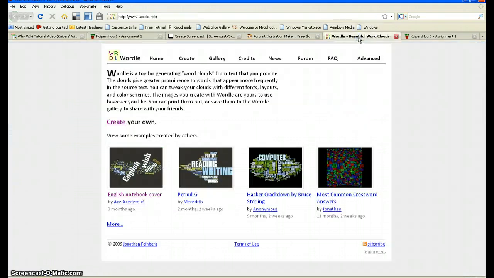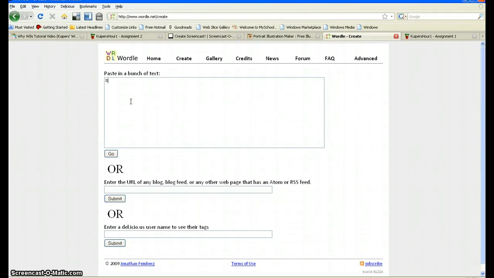We're going to go to Wordle, and this is what will come up. We'll hit Create Your Own. And I'm just going to type in a couple words. Now, if you want the words to be different sizes, you will type in the same word a couple times, and it will change the size of the words. But we're just going to go and type in sunsets,